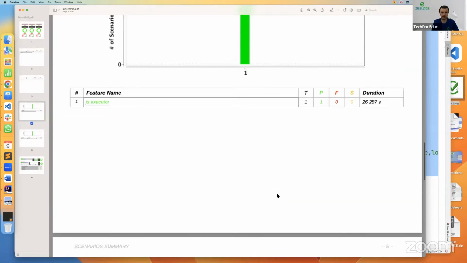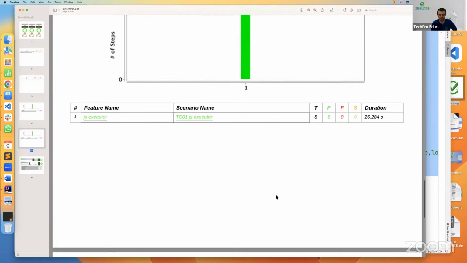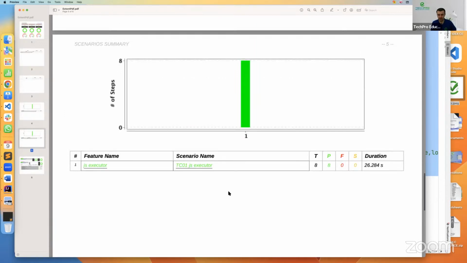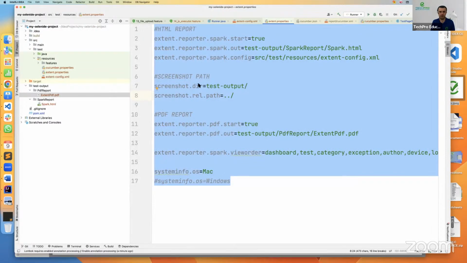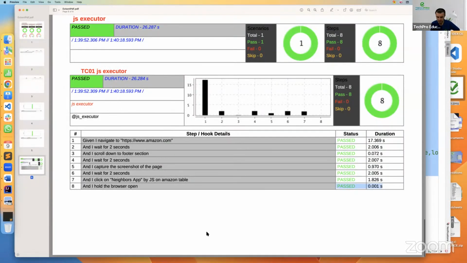In my normal Selenium class, I do extensive different use cases for the Spark report. For example, if the test case fails, your screenshot will be attached to the report as well. Let's say the test case failed, and it will automatically attach the screenshot. But we need to do extra configuration for that. We should use the hooks class as well. But for now, this is good enough for us to be able to use the report